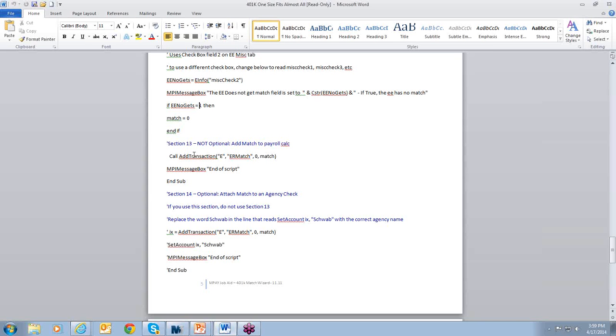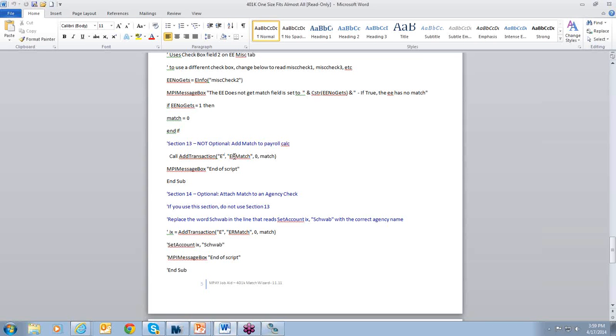In the transaction, this is the last thing that gets done to the check, because our calculation at the very top said post-check calculation. So, all right, Millennium, calculate the whole check, and after you're done with all that, go through and do all this stuff. And then if I don't have an agency payment, I'm simply telling it I want Millennium to add a transaction that is an earnings.